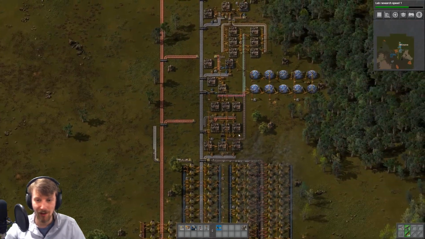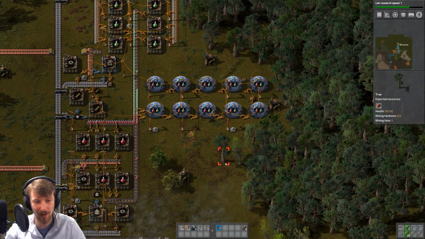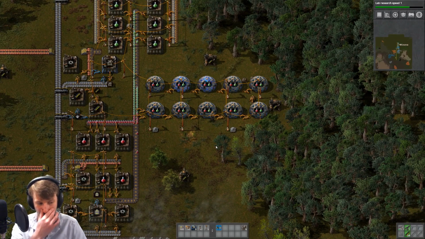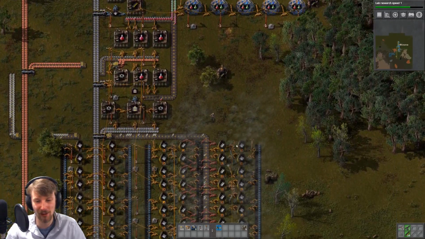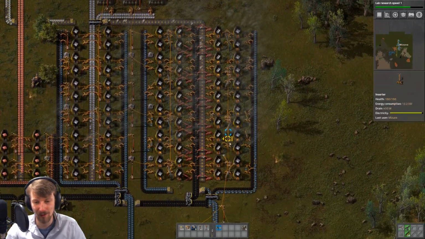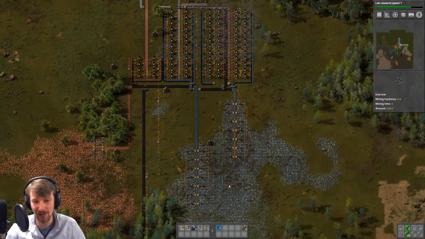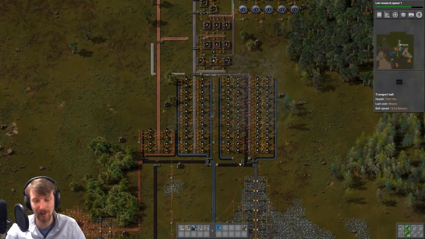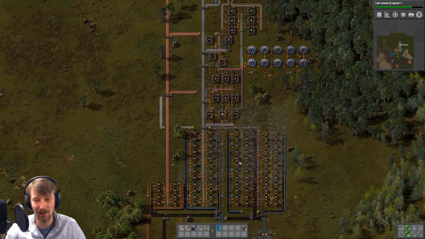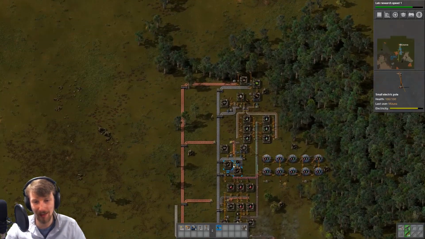Pretty cool. We also expanded our laboratories. We've got 10 of them now. I must have hit Alt at one point. So we've got 10 of them now, so that we're moving much faster. And yeah, that is what I decided was the next step for our factory. Makes sense. So, what is the next step? The next step, I think, is probably... we probably need to get...